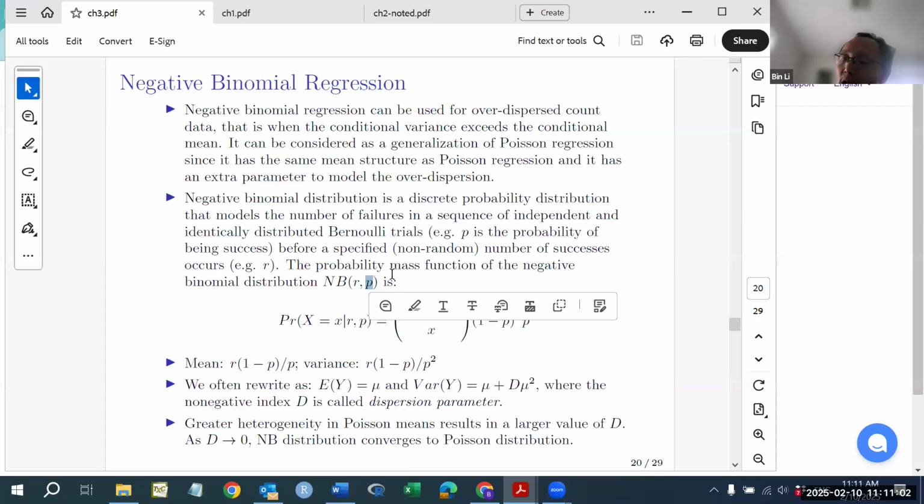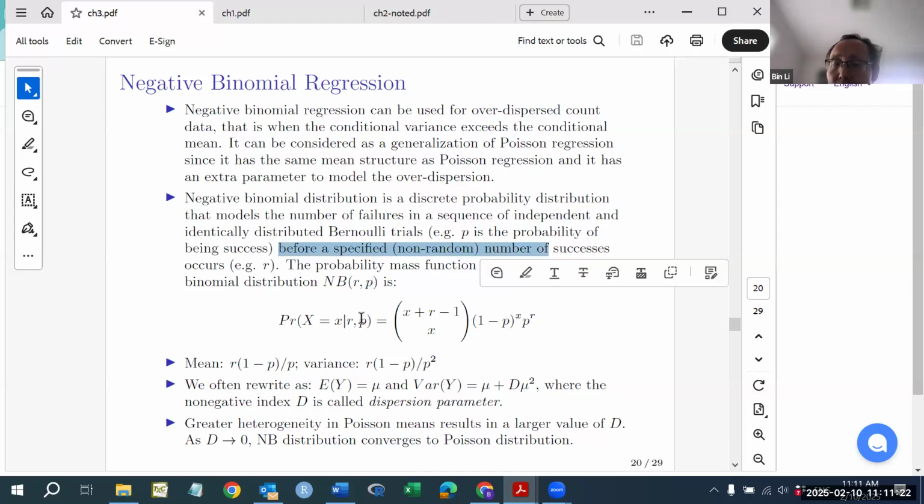IID means for each trial, they have the same p, the same probability of getting y equals 1, and they are independent. And there's another parameter, the number of successes, r, and that has to be